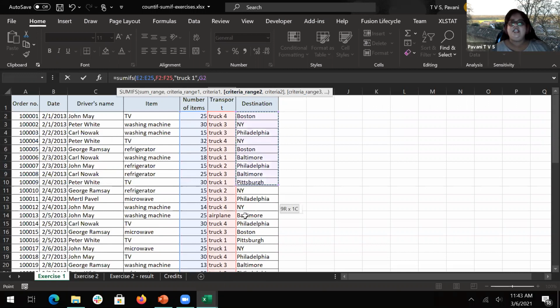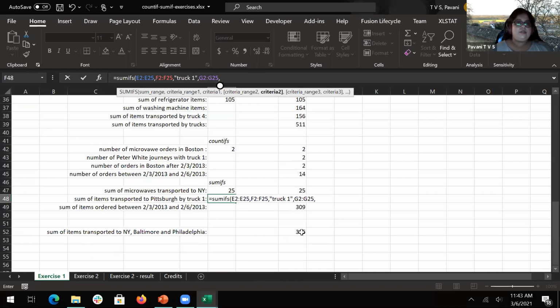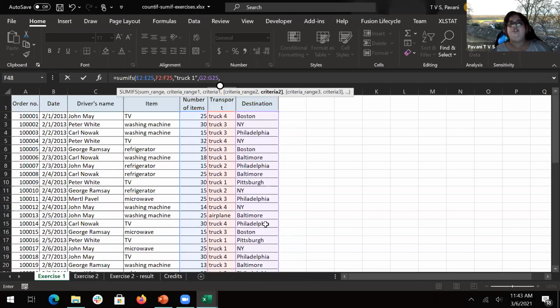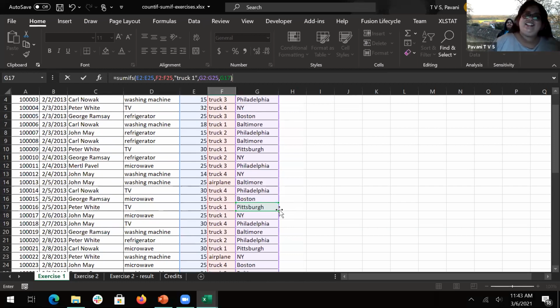And next is destination, which we are looking at. And what is the condition which was given to us? Pittsburgh is what we are looking for. This is the Pittsburgh. Either you can do it like this, or you can write it in double quotes. Me being lazy, I use whatever I have there only. I try to optimize it. So is this clear, or do you want me to explain it again? No. Once I practice, I should be okay.